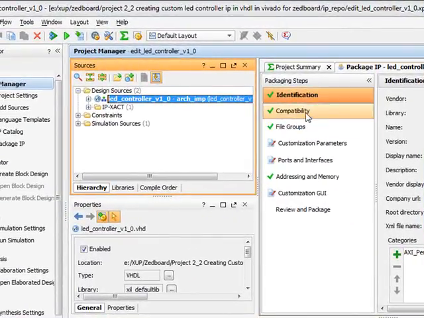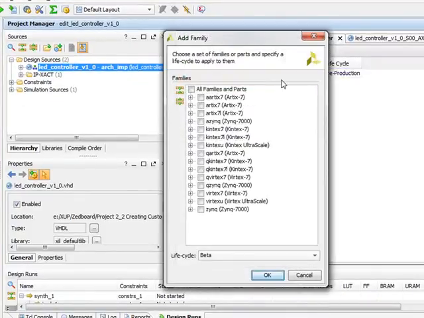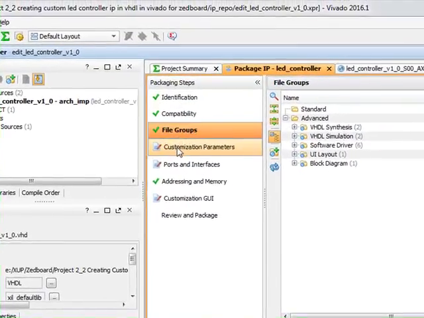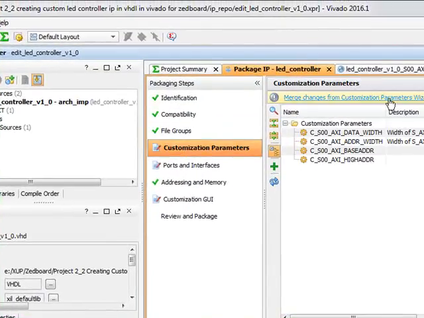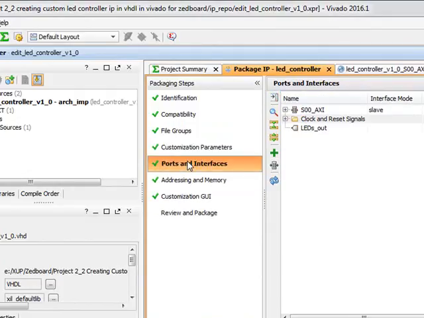So we are not going to change compatibility, but we can add some ports like RTX, which is similar, and we already have Zynq, so let's add RTX. We don't need to add any file groups. We are going to merge the parameters, and we are going to